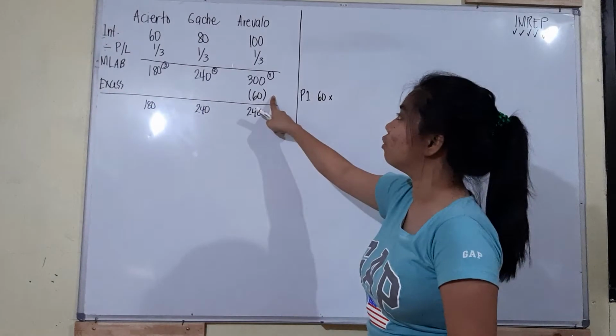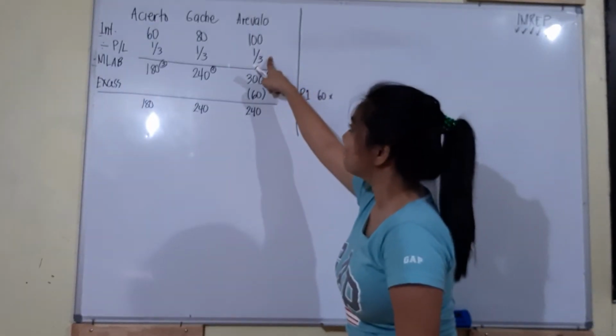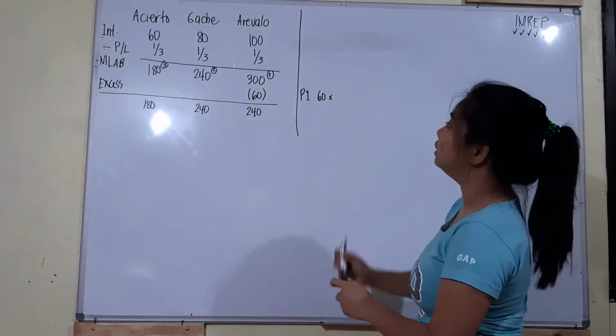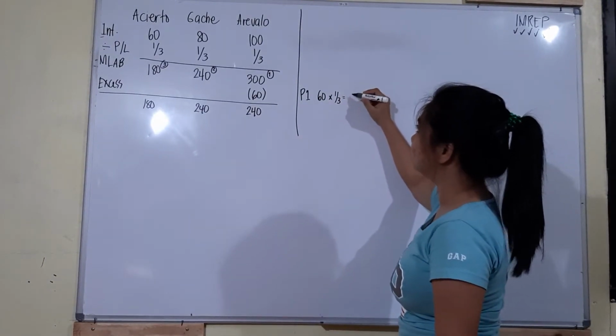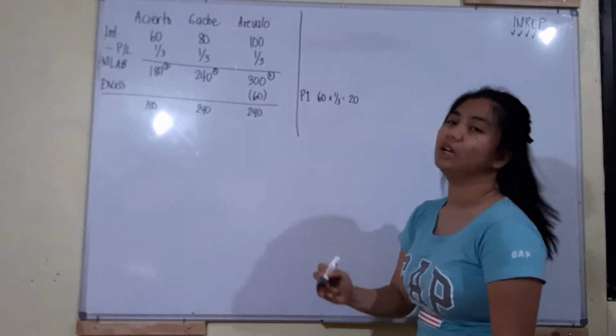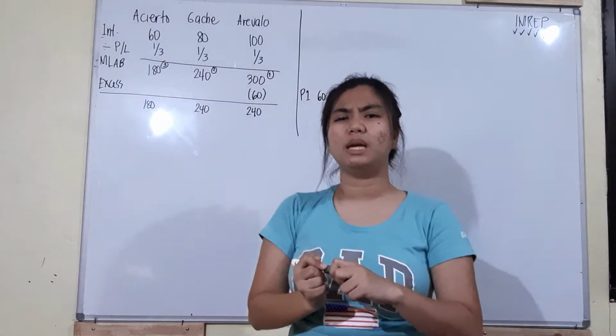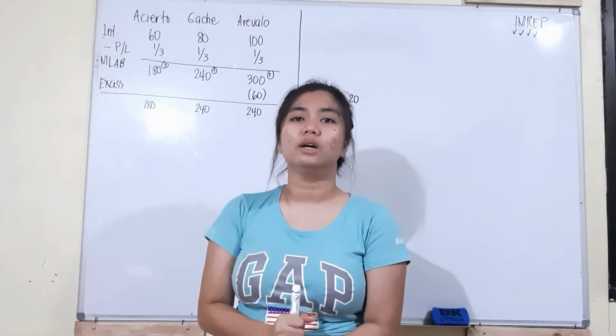At kung kukwenta yun, yung 60 na absorption balance, no? Ay, ang katumbas nun ay 20, which is 1/3. Ito yun, 20. Ibig sabihin, our priority 1 is equal to 20,000. So, anong ibig sabihin ng priority 1 na 20,000? So, ibig sabihin nito, kung mayroon